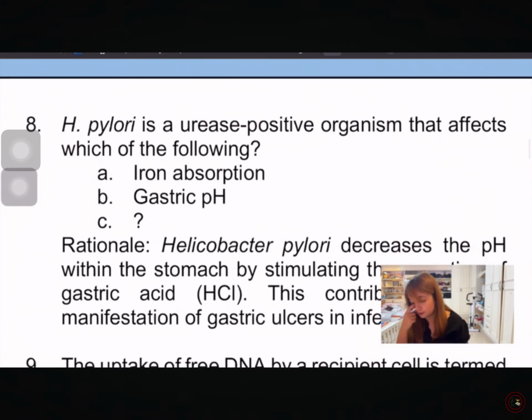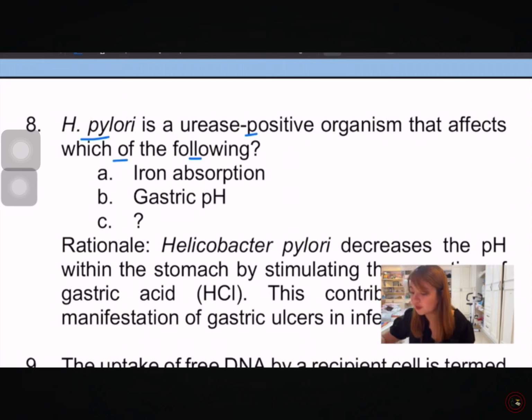So, next question. Helicobacter pylori or H. pylori is a urease-positive organism that affects which of the following? So, the answer here, even if familiar ka lang sa nakakos ng Helicobacter pylori or hindi ka masyadong sure sa pathology niya or pathophysiology niya sa body, alam mo na Helicobacter pylori causes ulcers. So, what factor in the human body can cause gastric ulcers? Syempre, an acidic pH of the